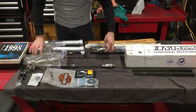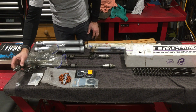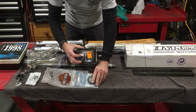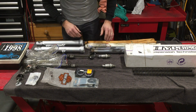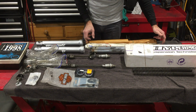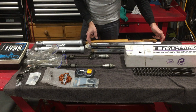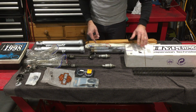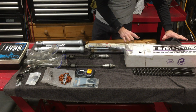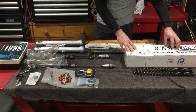We've got the fork internals, which will need to be cleaned up. I've got my tool to put it back together. We've got O-rings, fork seals, hopefully we've got everything there. I've got new fork stanchions to replace the old pitted ones that were ripping up the fork seals. I've got the old fork springs, the standard fork springs, and I've got a Hyperpro upgrade kit for the fork